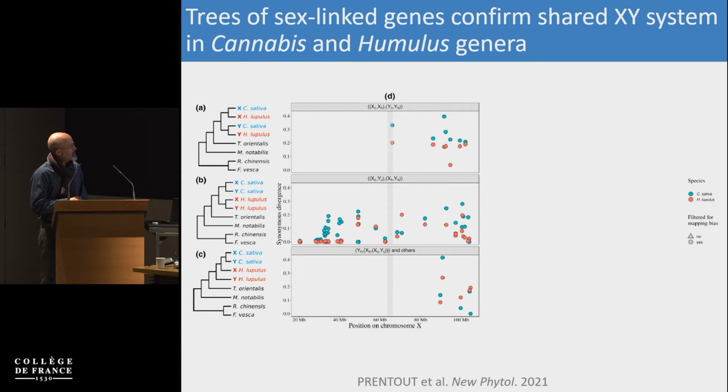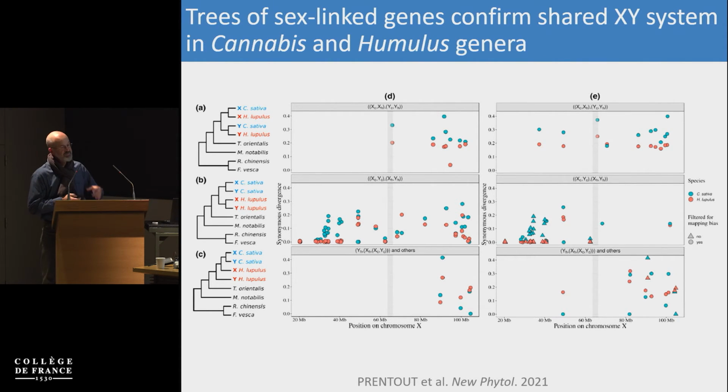But we realized that we might have a problem here in case of genes with divergence in X and Y copies. Because you are mapping the Y reads onto the X reference, maybe you have a mapping bias that looks like a gene conversion. And so we applied a correction. We actually detected all the gene conversion events in all the alignments, and we removed these regions of gene conversion track,